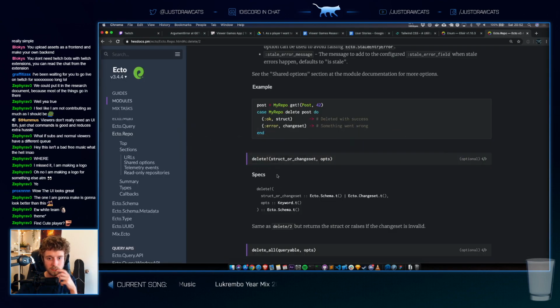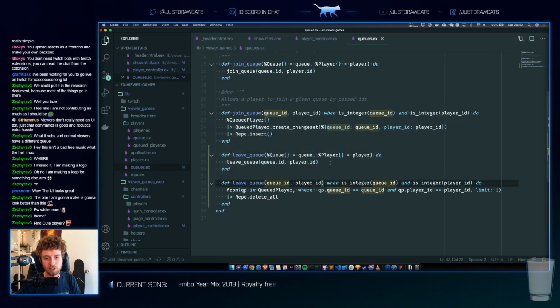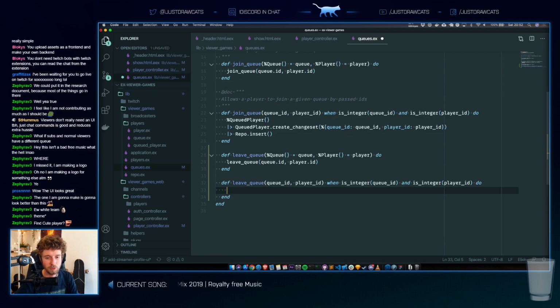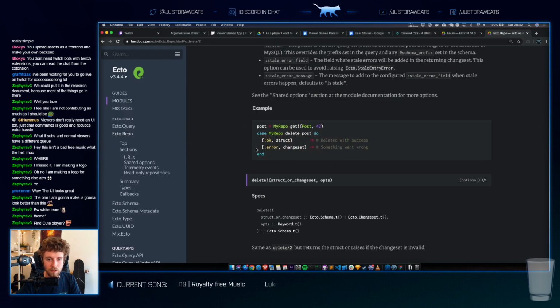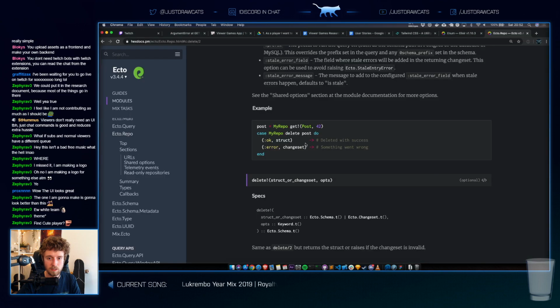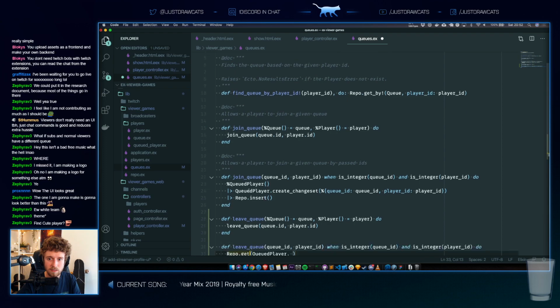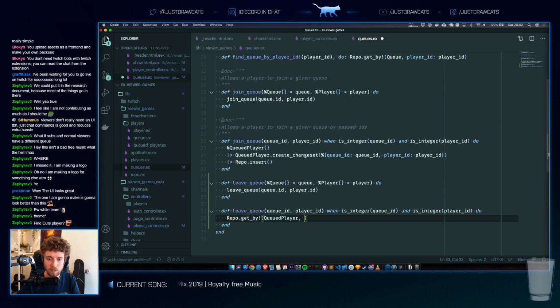But there's no ID on it, so then that's bad. So maybe just doing a get will actually... Yeah, let's do that. I think that's a bit safer, because we're just deleting one record anyways. Let's do a repo.get queued player. Oh, it can just be like this. And then get_by!